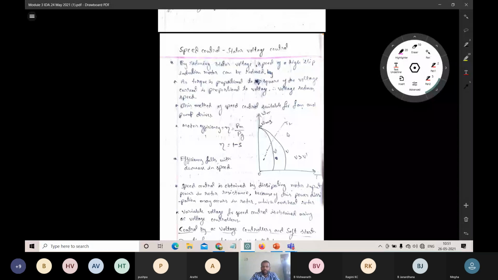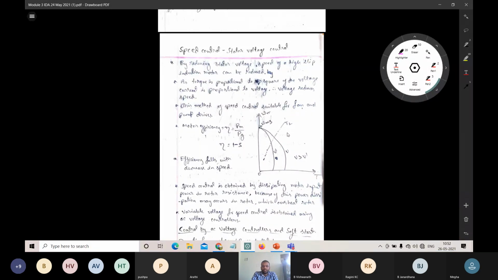So here we are studying the stator voltage control method. This method will be used for both squirrel cage motor as well as wound rotor type motor. What are we actually doing in the stator voltage control? As the name itself indicates, we are limiting the voltage supplied to the stator. Just by limiting the voltage supplied to the stator, we can control the speed, the rotation of the rotor. How? That will be discussed in our next session.